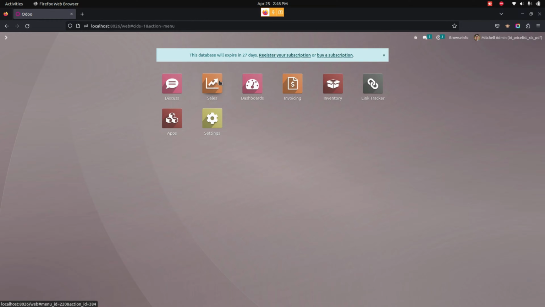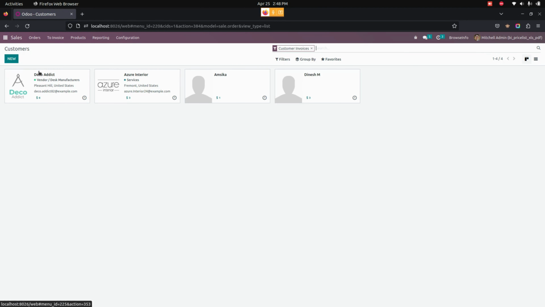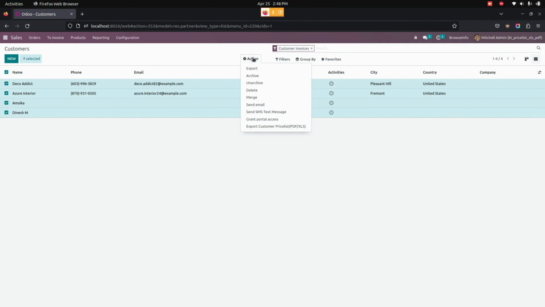So for that, let me get into the Sales. Under Orders, we can see an option named Customers. Under the customer list, the user can see the multiple customers that are created. So let me get into the list view. By selecting all the customers, under Action, the user can see an Export Customer Price List option to export the selected